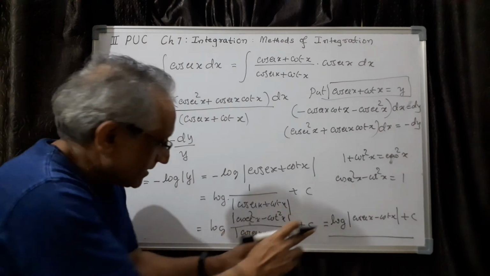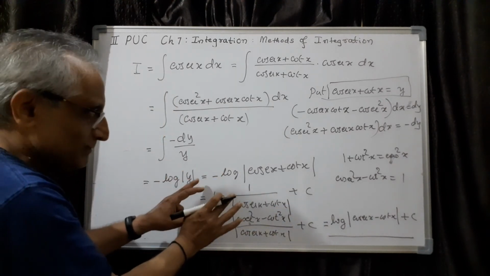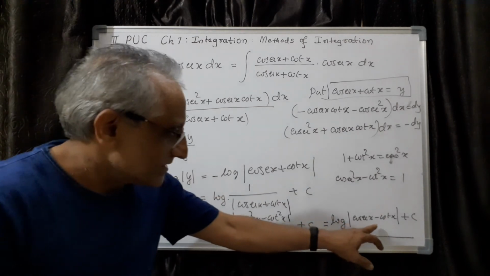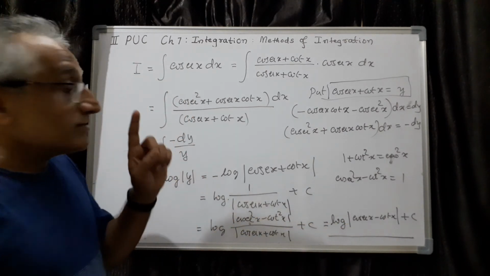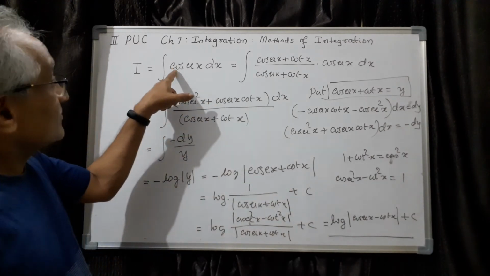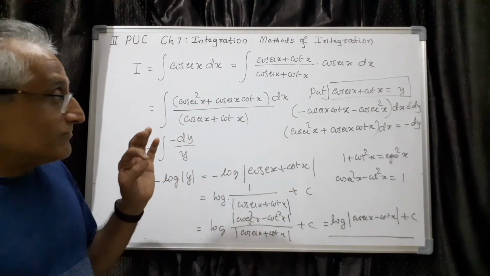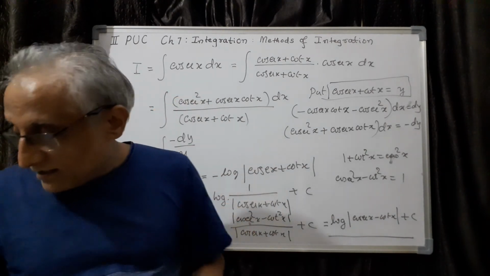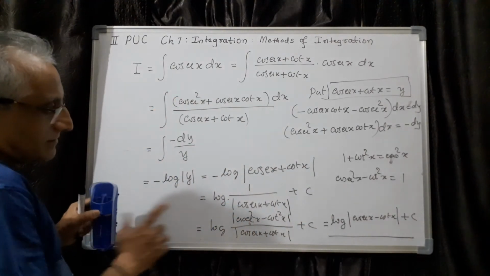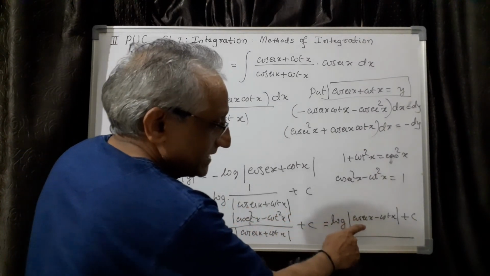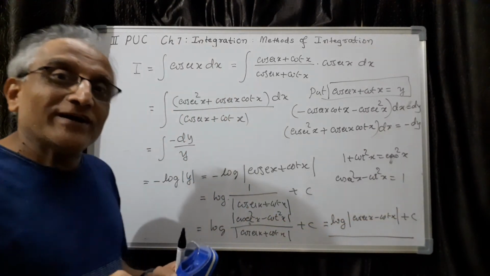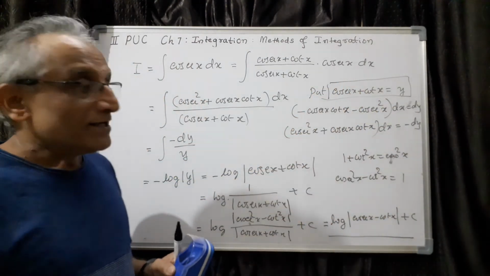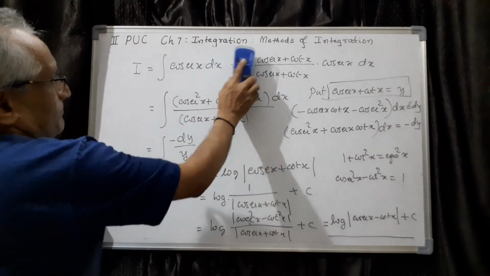See, this is what you have to do. Otherwise this formula itself is correct, but it is difficult to remember if it has a minus sign. So here you have to take it after simplification. So therefore we have got one more formula, for cosecant x. Exactly the same way we can also derive the formula for secant x. That is actually your job. Here, of course, you will get log of secant x plus tan x, and you will know why there is no minus sign, because here you don't get a minus sign. That is the reason. So please do this as a practice problem.